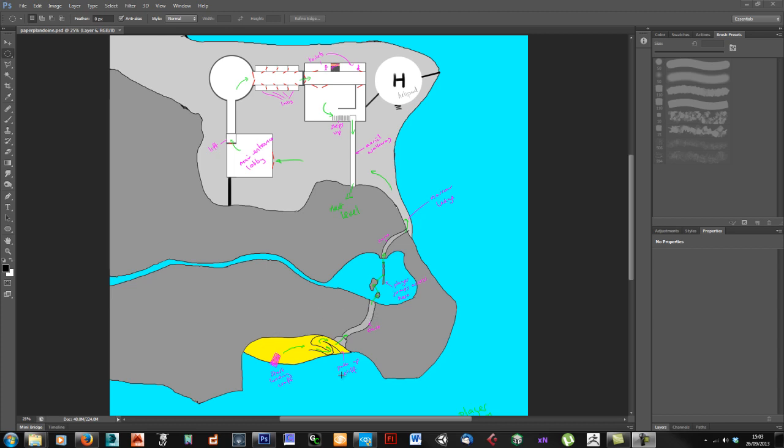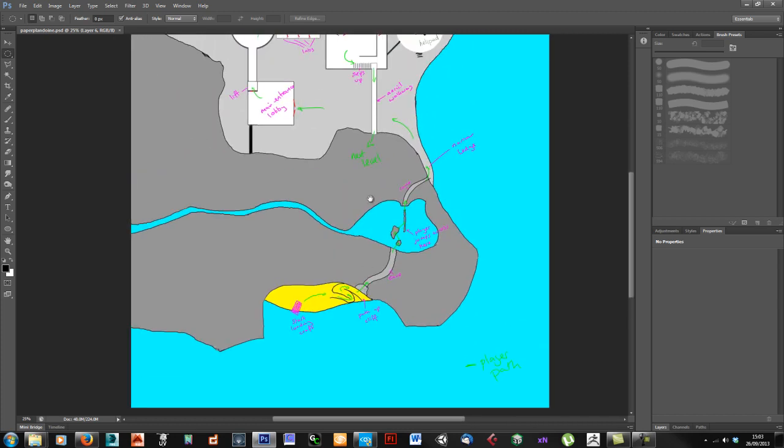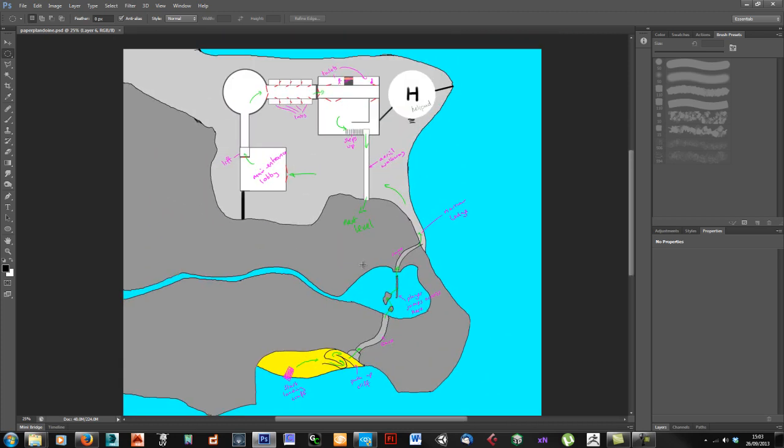So just to quickly go over how I've done this, I should just say this isn't necessarily the best way to do a paper plan. This is just what mine looks like. The whole point of a paper plan is to help you build your level, so whatever works for you is the best way to do it, really. So for me,